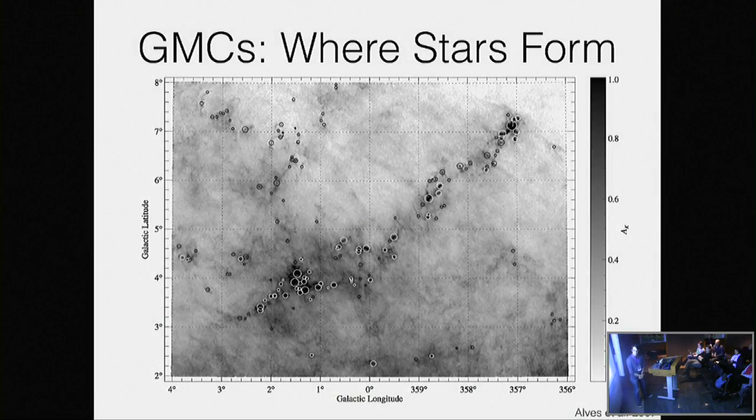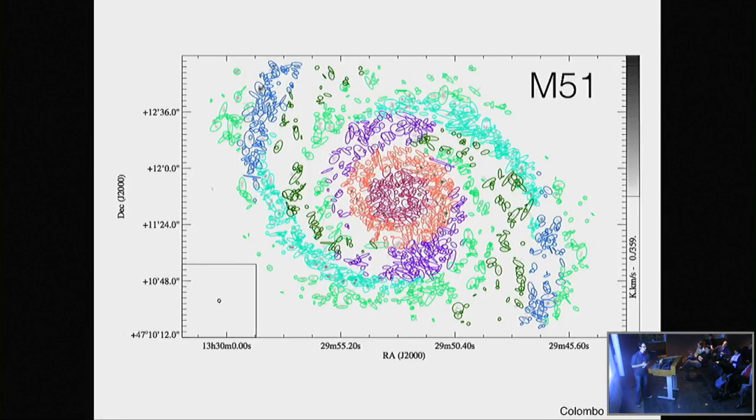I probably don't need to convince this audience that GMCs, giant molecular clouds, are important. They are where all stars in the universe, or most stars in the universe, are known to form. And so understanding their properties, their formation, their evolution, their physics, is of key importance to understanding the evolution of galaxies. This is particularly important now because new facilities such as ALMA have allowed much larger samples of GMCs to